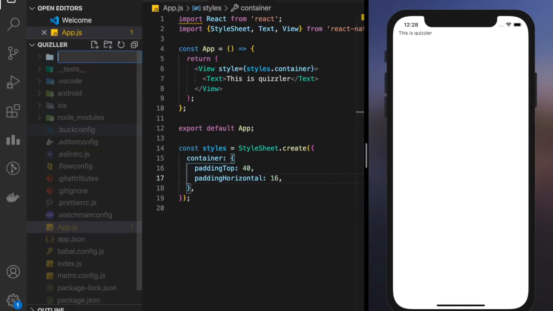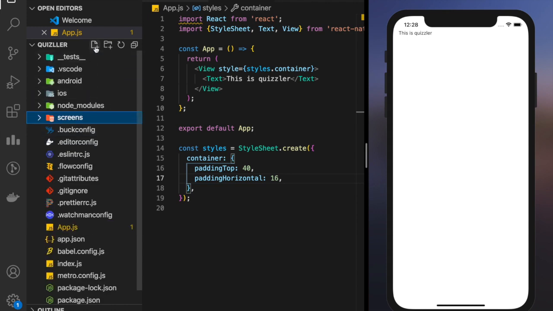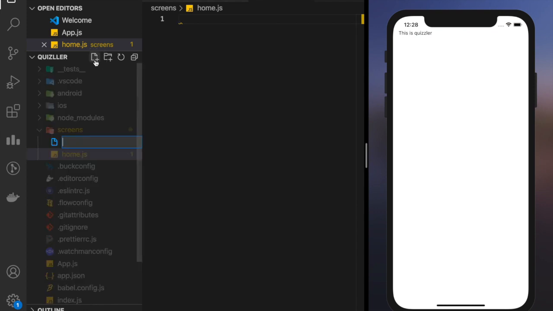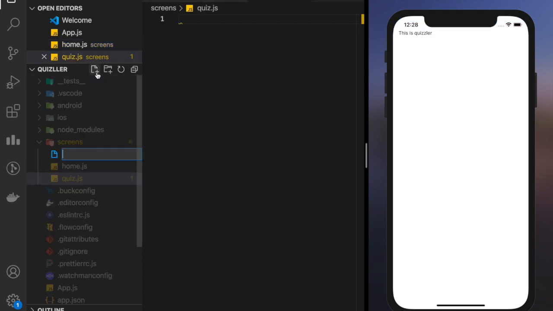I'll add a folder called screens. The first one is home.js, right? The second one is quiz.js, and the third one is